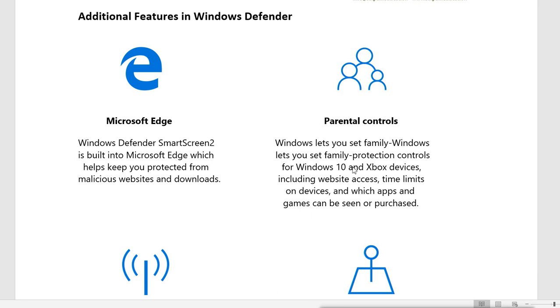Then it also has parental controls. Windows lets you set family protection controls for Windows 10 and Xbox devices, including website access, time limits on the device, and which apps and games can be seen or purchased. So we can decide how much time a user can access the device, which websites can be accessed, and which applications or games can be purchased.